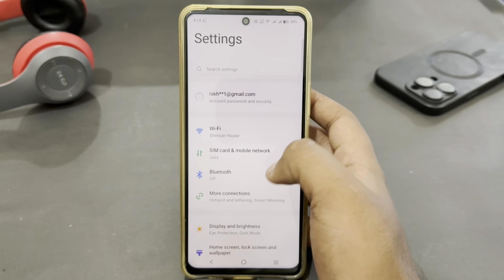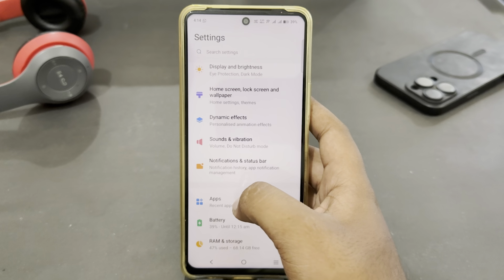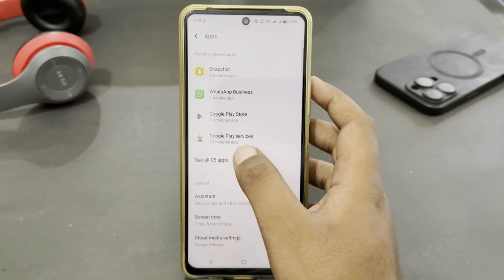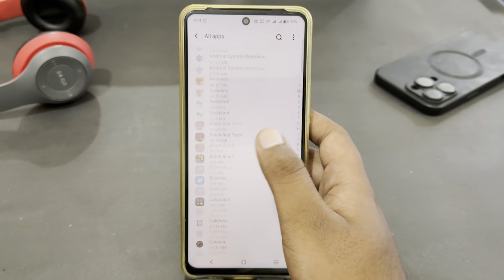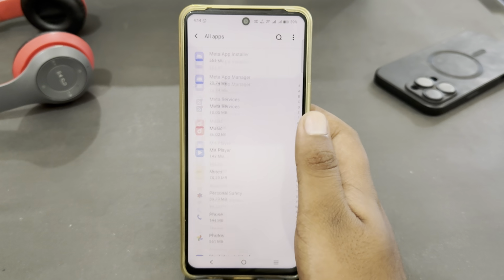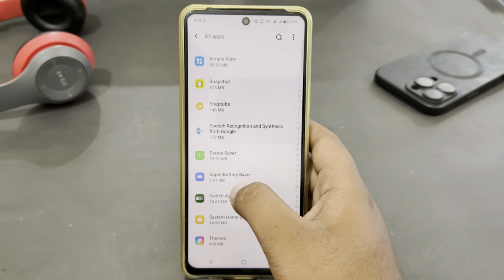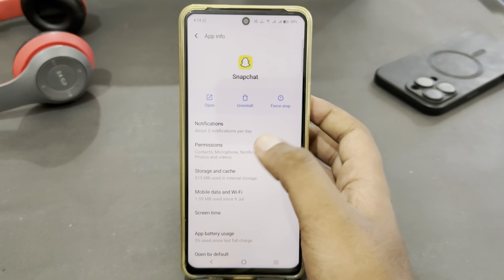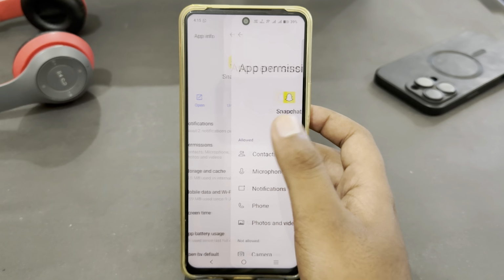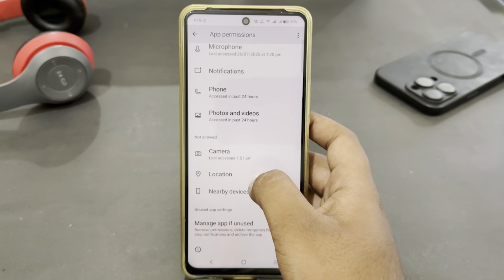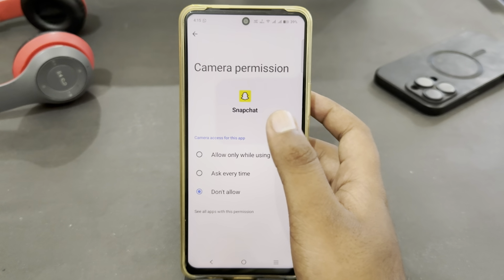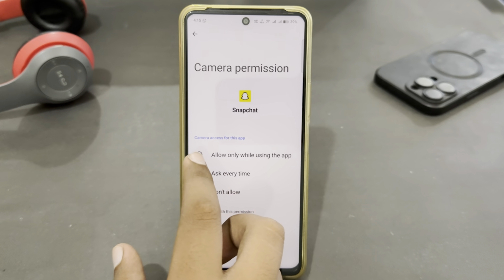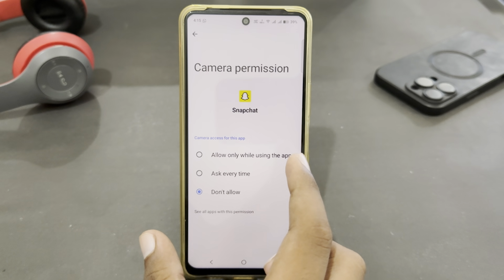In settings, just look for apps, then select all apps here, and look for Snapchat. Here's the Snapchat app, just tap on it, then select permissions. In permissions you just have to look for camera, and here you have to select allow only while using the